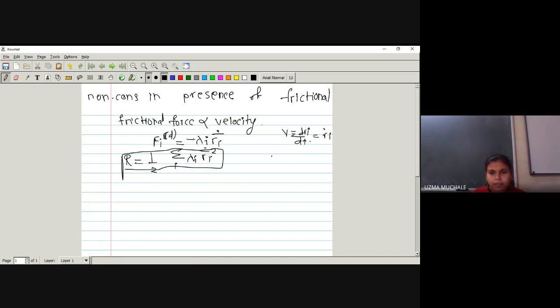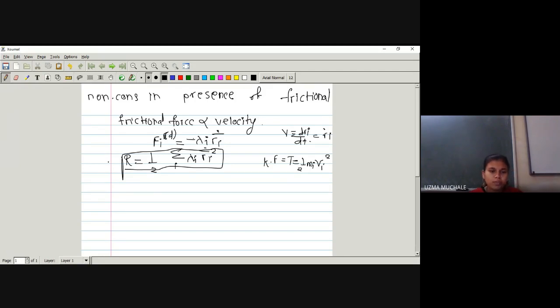Okay, this is very equivalent to our kinetic energy. Kinetic energy we can write T is equal to half m v square, or half m_i r_i dot square. So instead of having m_i, we have lambda_i, right? So this is the proportionality constant. r_i dot square is nothing but your velocity square. So whenever you have a frictional force, we have some function R given by 1 by 2 summation over i lambda_i r_i dot square.